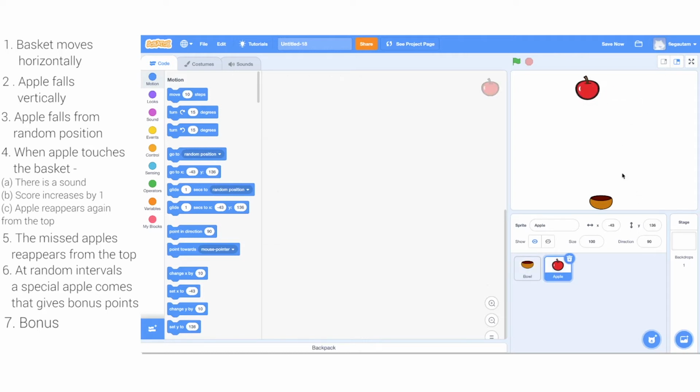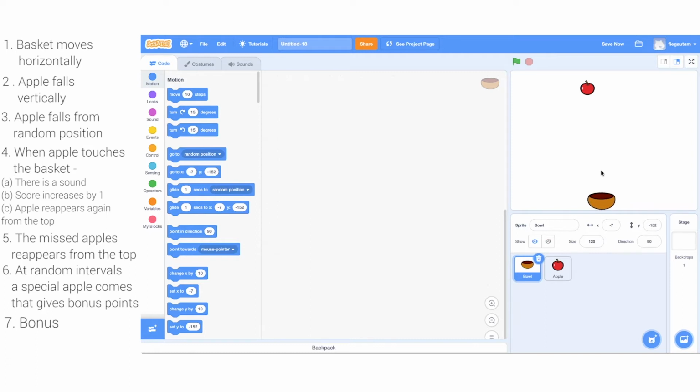We are going to reduce the size of the apple a little. So this size I'll reduce it to say 80%, and we'll check. Let's reduce it even more. Let's reduce it to say 60%, and that's the perfect size. And for the ball, we'll increase the size a little to 120% and see how it looks. And this looks fine. This is the perfect size for a ball.